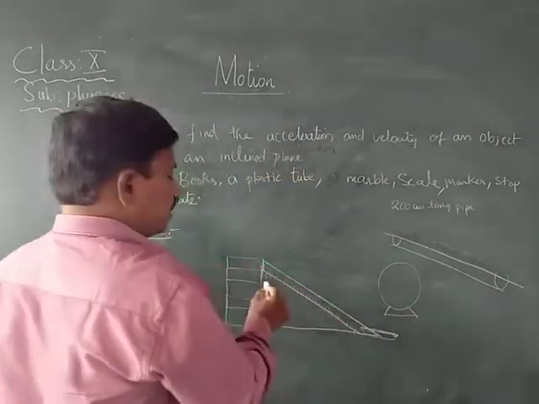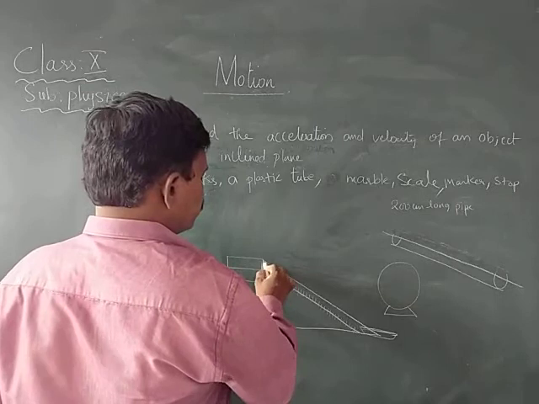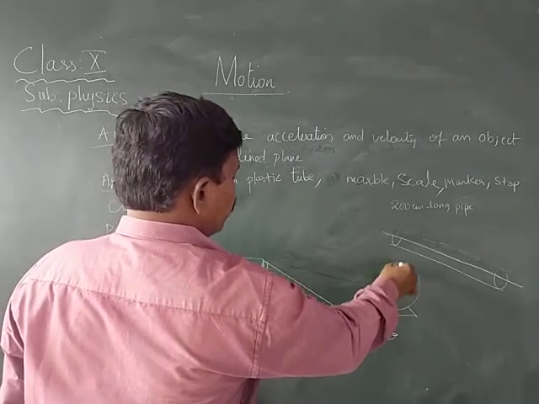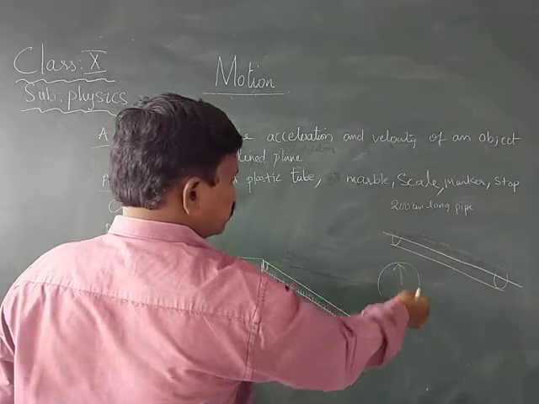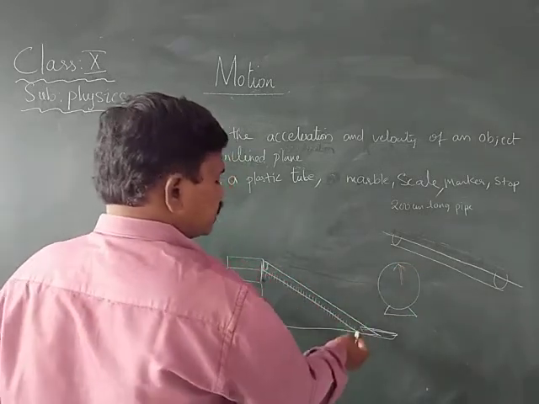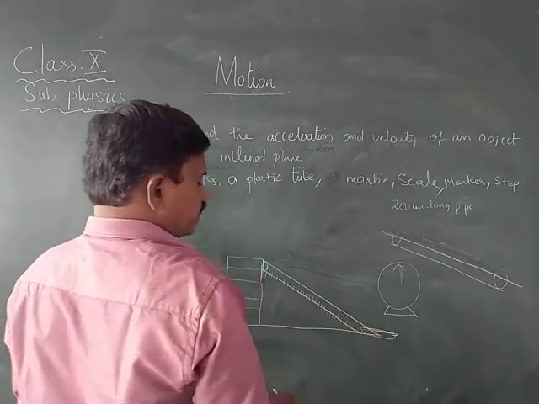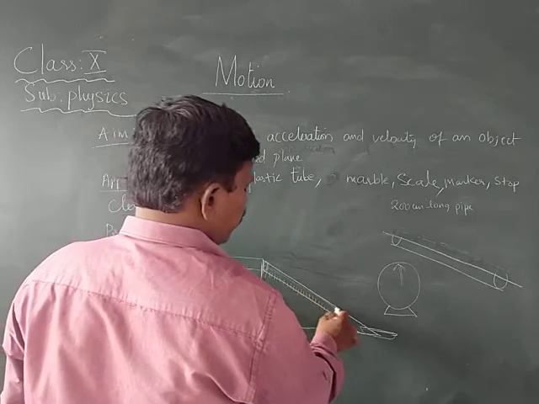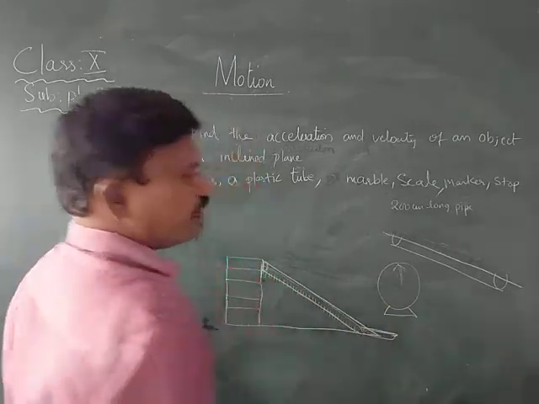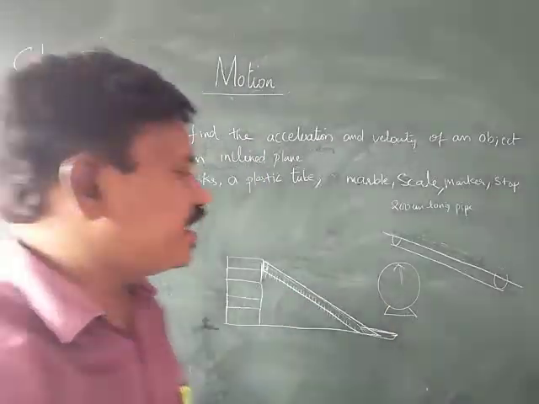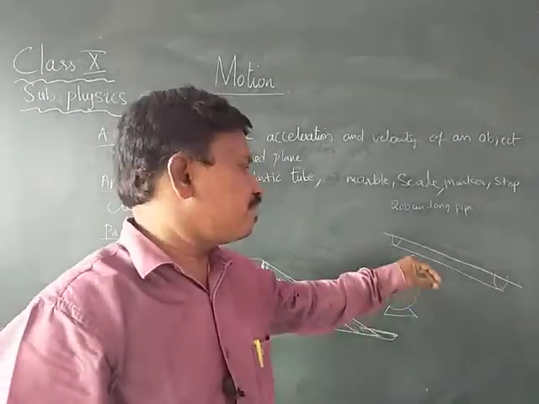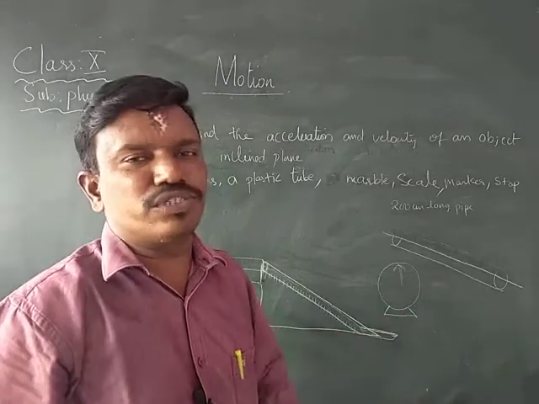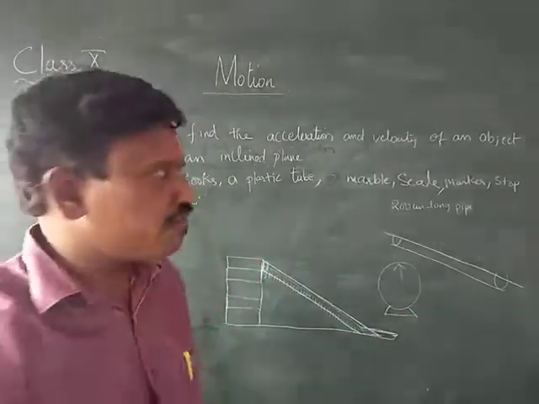When you release the marble, you note down after how many seconds it strikes the plate. That means whenever you release the marble over here, it rolls down and hits the plate. At the time it hits, you should stop the stop clock, such that we will get different times, and you should make a note of it.